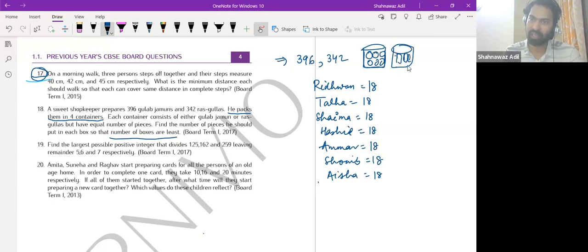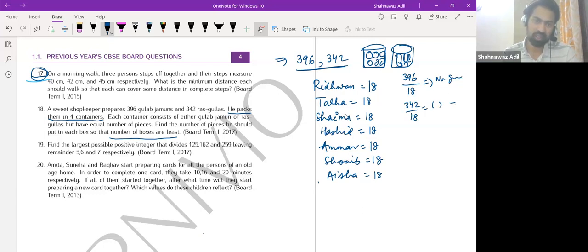Right. So if I calculate how many boxes there would be, this is 18, right? And then this total number of gulab jamun, so if I can calculate, this is 396 by 18. So that would be the number of boxes of gulab jamun. If I do 342 by 18, so this much would be the number of rasgulla boxes,